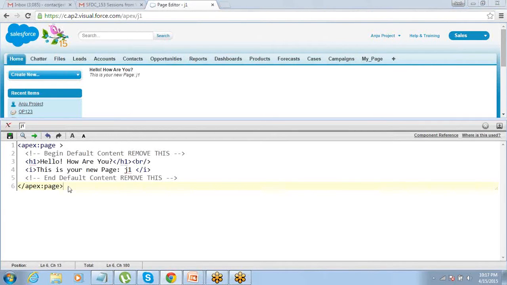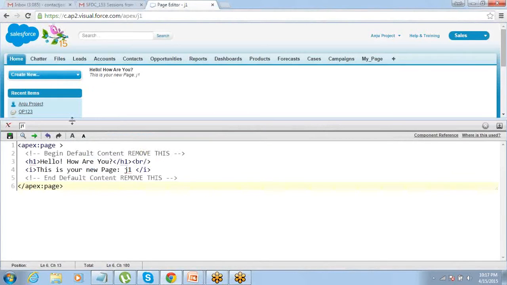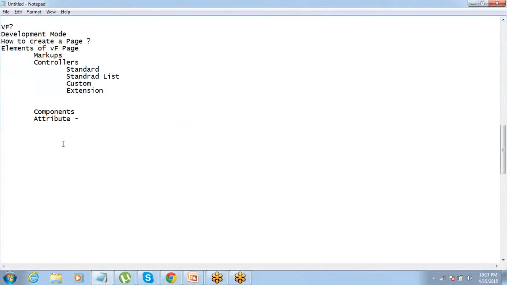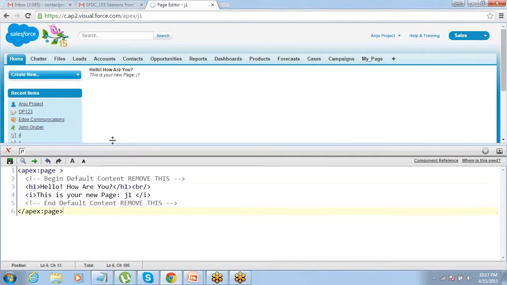All right. Then what is an attribute? Attribute is basically an attribute that controls the behavior of the component. Okay, every component has certain attributes. Like for example, we'll just take this simple example that we already have on the screen. This is my page, and I have a page component for it, right?